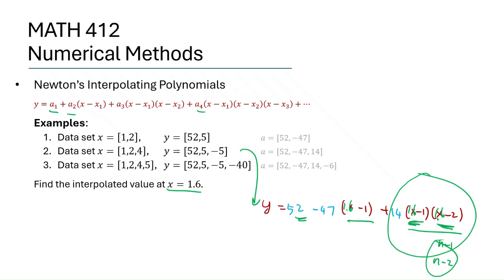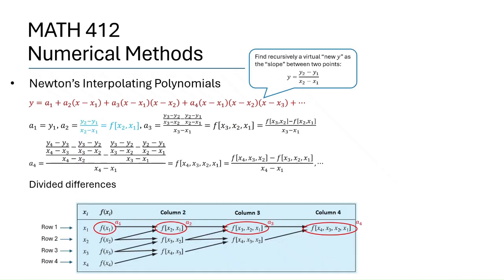Again, Newton's interpolating polynomials and Lagrange interpolating polynomials, they are the same. In that sense, we just use them to derive formulas. It's for us, for human beings, we derive formulas through them. And not like in Lagrange interpolating polynomial, Newton's interpolating polynomials have a special way, algorithms for us to find